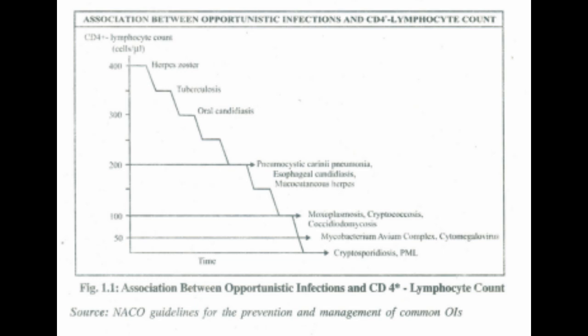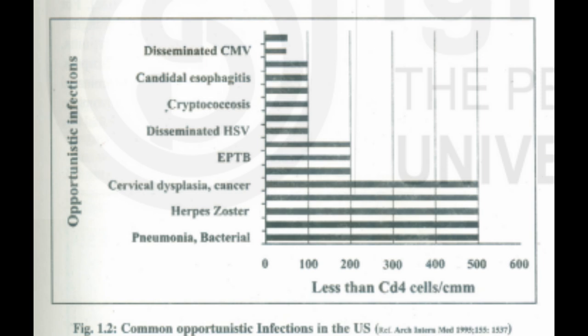In addition to the level of immune suppression, the geographical area of residence also has an important effect on the types of OIs observed in the patients. For example, histoplasmosis in India is more commonly seen in the eastern parts, along the Ganges River, where histoplasmosis is more endemic. Similarly, Penicillium marneffei infections are limited to northeast India, where bamboo rats, the vector, are found. Another example is visceral leishmaniasis.